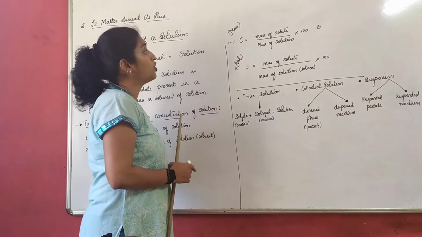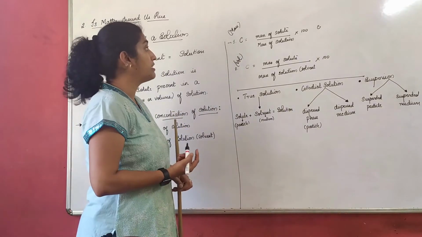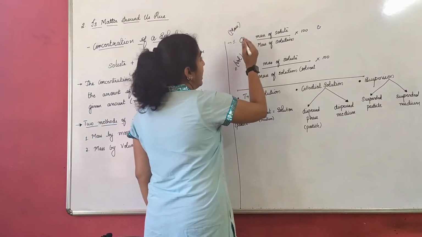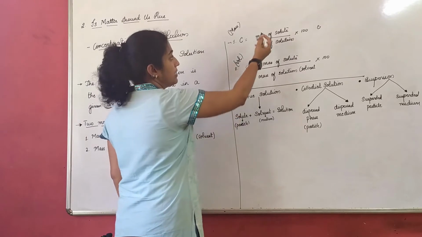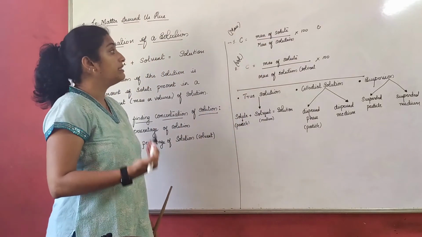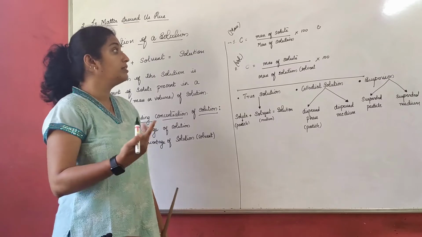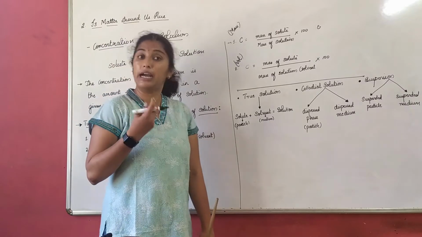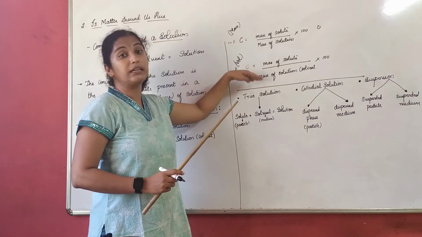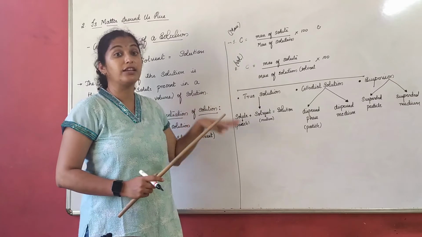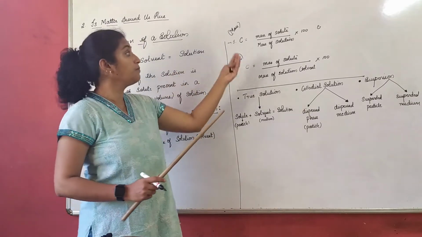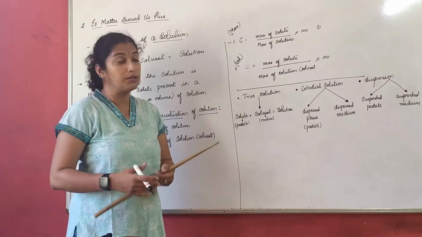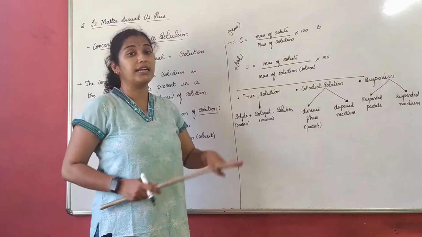In the first method, I can find concentration of the solution using mass of the solution. I have written C, which is nothing but concentration of a solution: mass of the solute divided by mass of the solution, times 100. As I have told, you will have numericals based on these formulas, where in the given question, mass of solute or solvent is given and you have to find the mass of solution. Here we only understand the formulas.